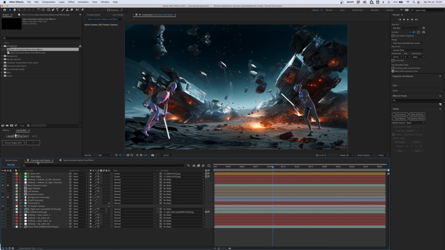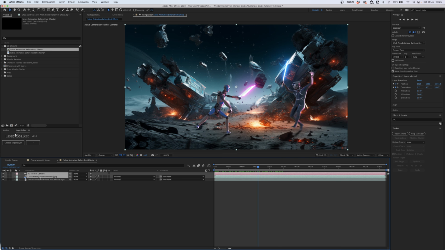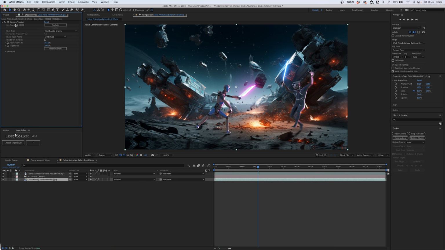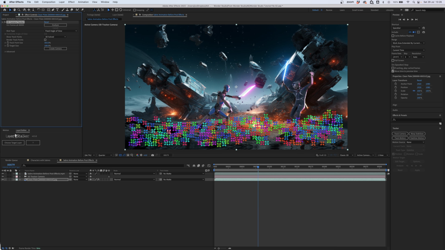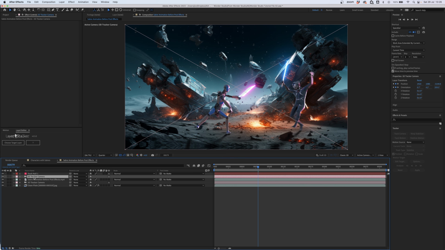I'm then going to go ahead and grab hold of the 3D tracker camera and our clean plate, which has the tracking data on, paste those into our scene, move those to the bottom. We can then click on our clean plate, go up to effects, go 3D camera tracker, and again, we've got this information. And just to have a point of reference, we can click on one of these, right click, create a null, don't need a second camera.